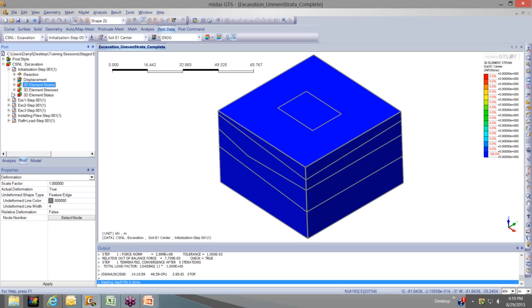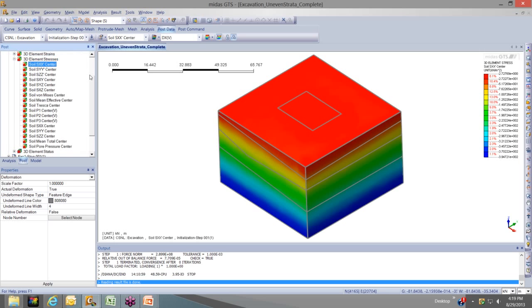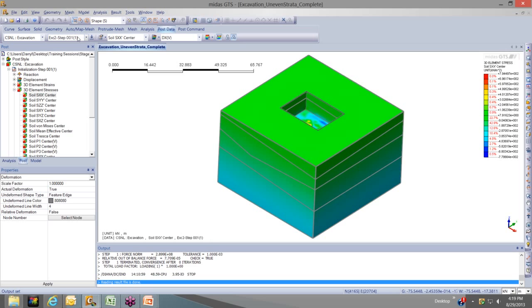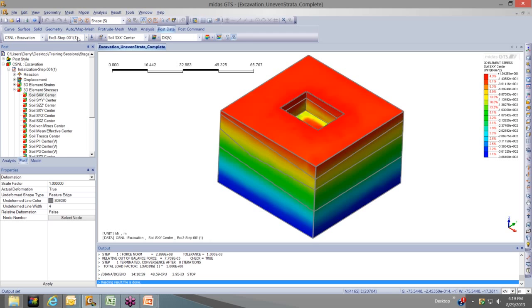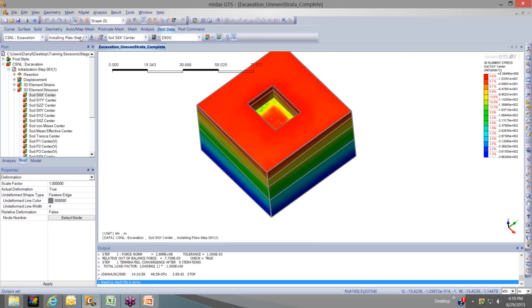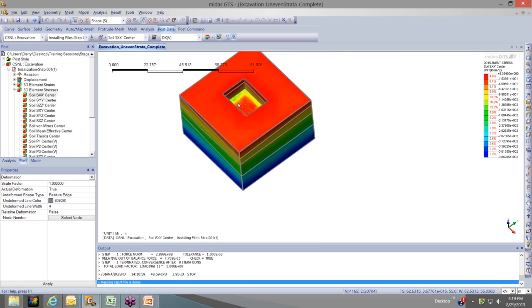So let's close that actually. Let's go to 3D element stresses. That might be a little more interesting. There we go. So these are the initial element stresses, and then say, for example, I want to see how they change over the course of the construction stages. I can go to this bar here, and then just using the scroll option on my mouse, I can see how it changes with each construction stage. So it's going from one construction stage to the next, and as you can see, the piles are being installed in that stage, and then,